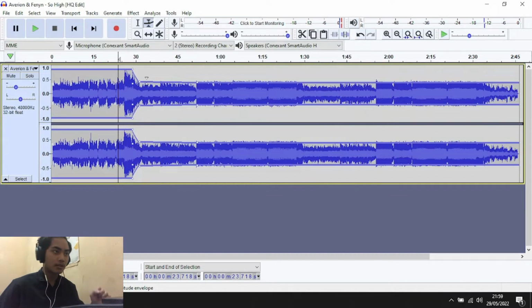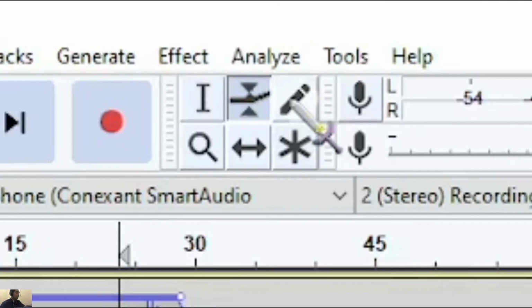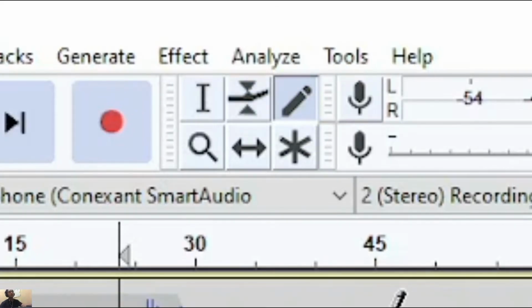Right, it is really good for you if you want to make some part of your sound quieter, or you may want to boost your audio. The next tool is the draw tool. So the draw tool is